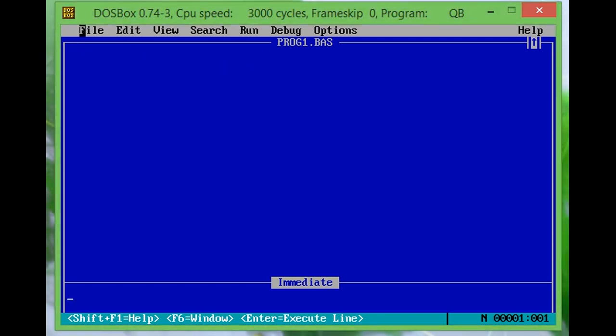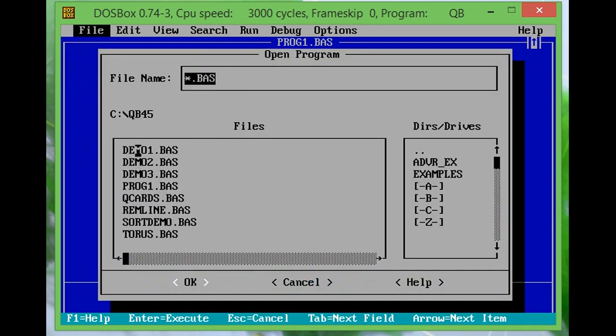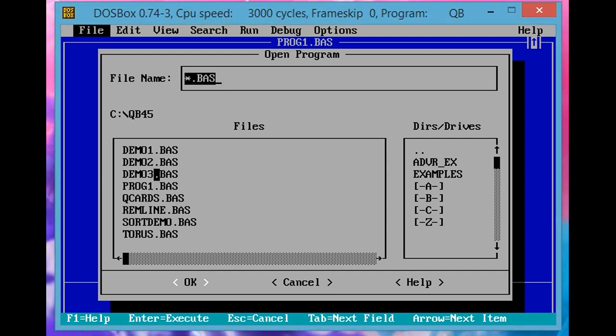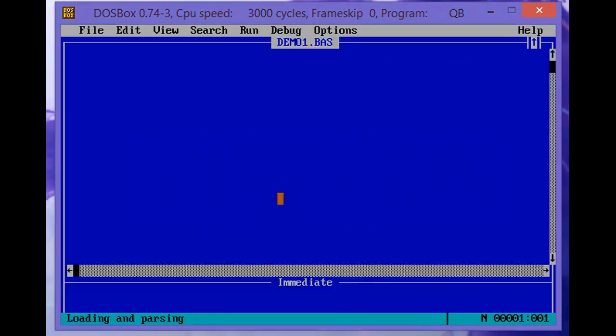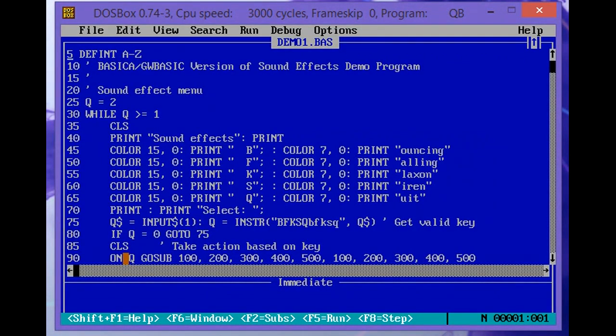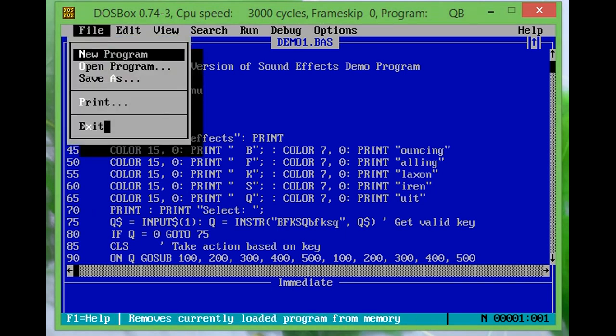Click on File, click on Open Program, select your program. This is our program number 1. You can select any one, for example demo 1. Click on the OK button to load it. Next is exiting QBasic. How to close your QBasic? Click on File, click on Exit to close your QBasic.